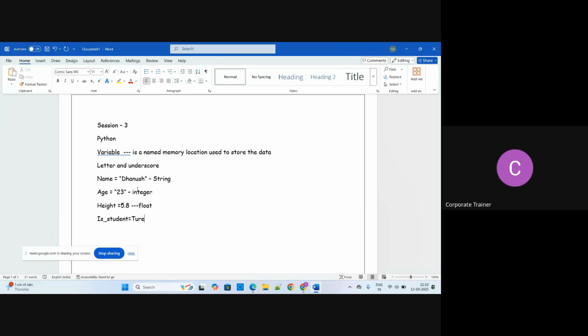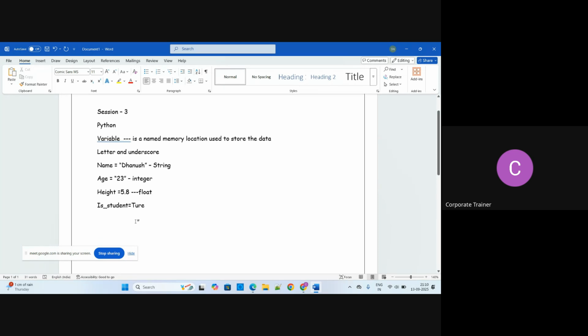So within y you are denoting x, so both x and y now point to the same memory. When one is changed, it automatically changes the other as well. In this way you can allocate memory also. I hope you understand what memory allocation is and what the variable related things are.